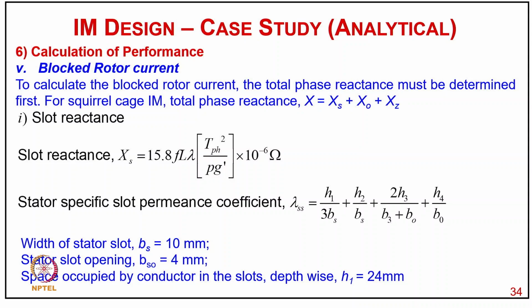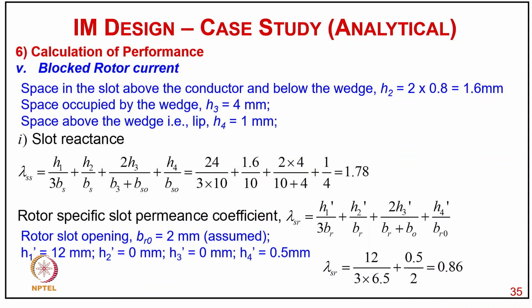So here we already have the slot dimensions, where the width of the stator slot is BS equal to 10 millimeter, stator slot opening is BSO equal to 4 millimeter, and the space occupied by the conductor in the slot, H1, is 24 millimeter. And of course the space in the slot above the conductor and below the wedge is H2 equal to 2 into 0.8, 1.6 millimeter. Space occupied by the wedge H3 is 4 millimeter, space above the wedge lip is H4 equal to 1 millimeter, and putting all these dimensions in lambda s, that is the slot permeance,